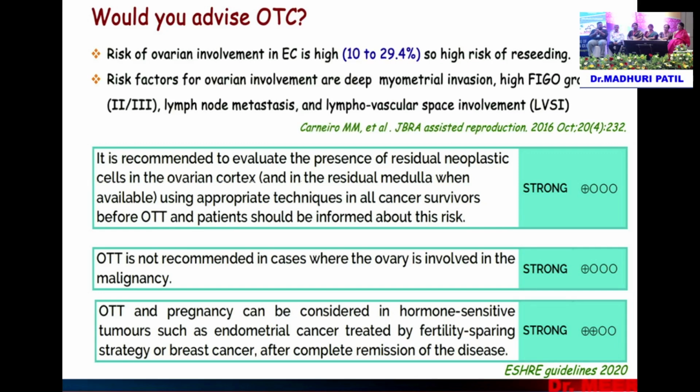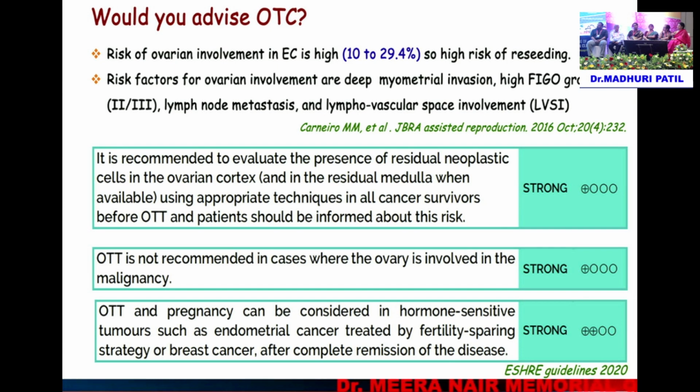So would you like to go for OTC, that is ovarian tissue cryopreservation, in this patient? It's controversial really, because there's a high risk of secondaries being there in the ovaries. You can freeze, but when you are going to put it back, it is better to do it heterotopically, under the skin or something, do an IVF and then remove it. There are still a lot of controversies in that area until you can really identify that the tissue you're putting back doesn't carry any cancer cells. Till that time, there is always a risk.